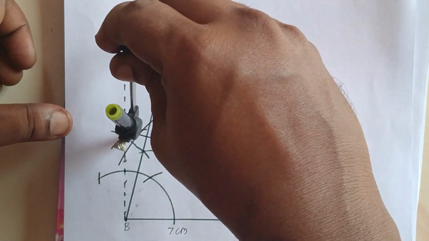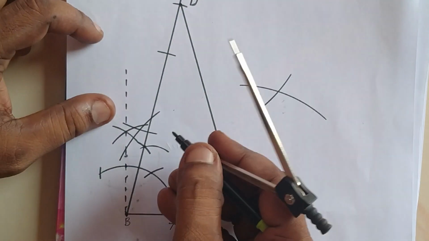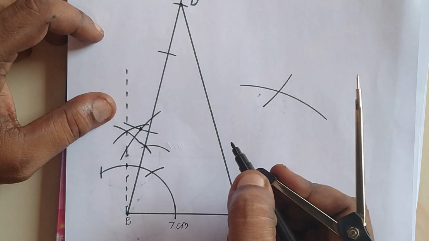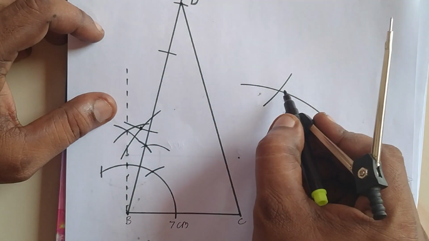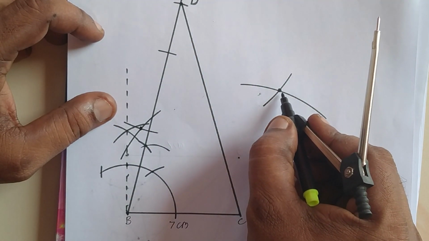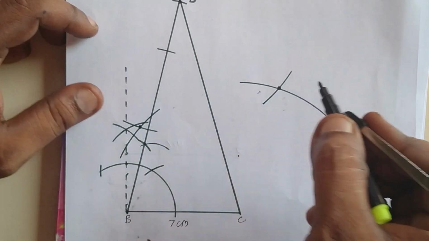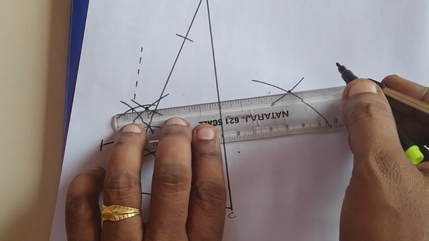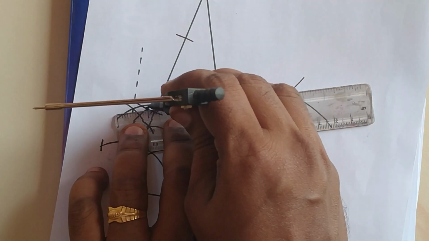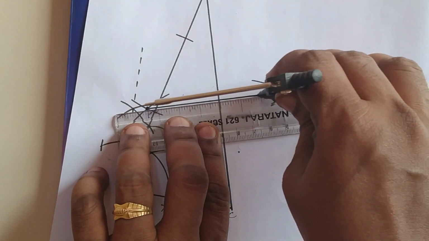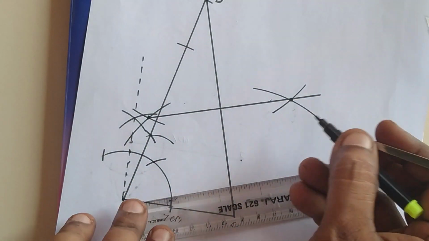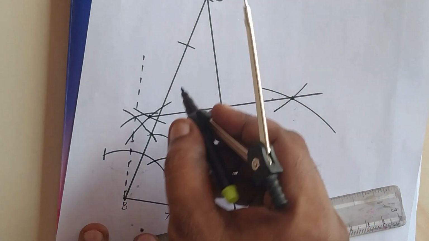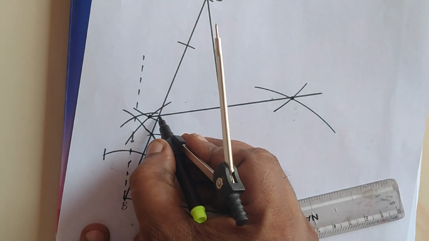This was our arc, first one. So point of intersection of this is here. Okay, this point, be careful where it is, and this one here. Now you have to join this two. So this is a perpendicular bisector of DC. So join these two. You can extend also. If you are not extending also, it is okay. Now this perpendicular bisector of DC is intersecting this line BD at this point.